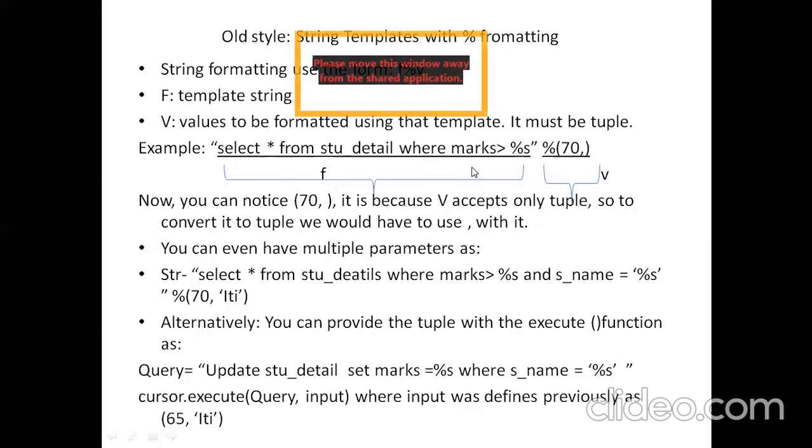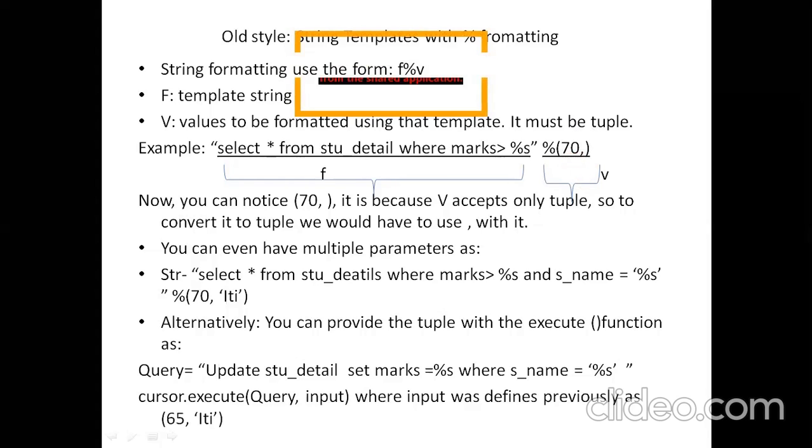In the old style you can directly pass %s, which says that there will be some value. One more thing to keep in mind is that whenever you use this old style formatting, the f%v always takes tuple values. That's why even if you're passing a single value, it should always be with a comma. You cannot simply write one value alone, because f%v always takes a tuple value. To make your single value into a tuple, you put a comma over here, so it will be considered a tuple.